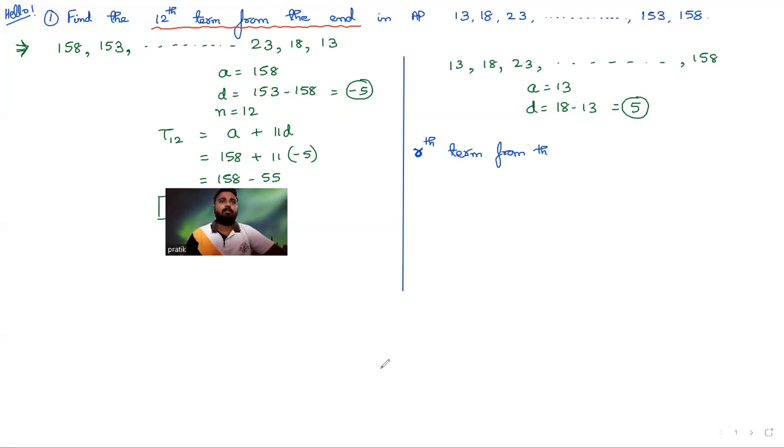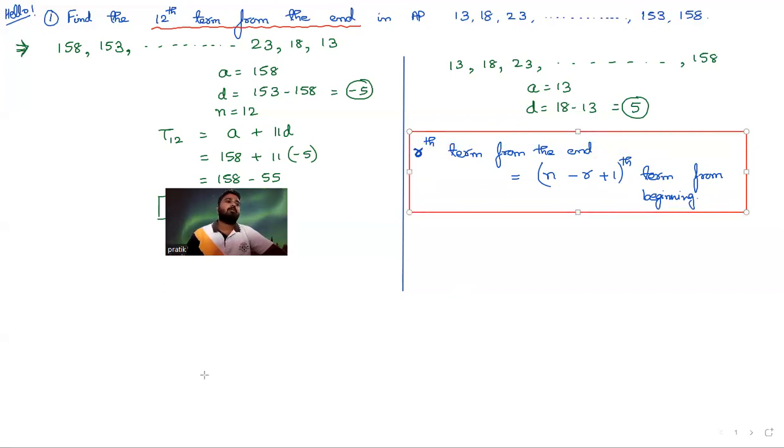If it is from the end, we need it from the beginning, right? It will be equal to n minus r plus 1. This is the general form: the rth term from the end is the (n minus r plus 1)th term from the beginning. This is something that you should be aware of, which is a little important,